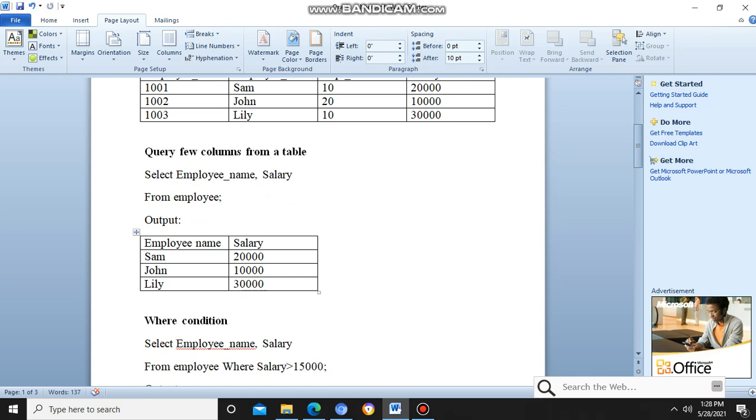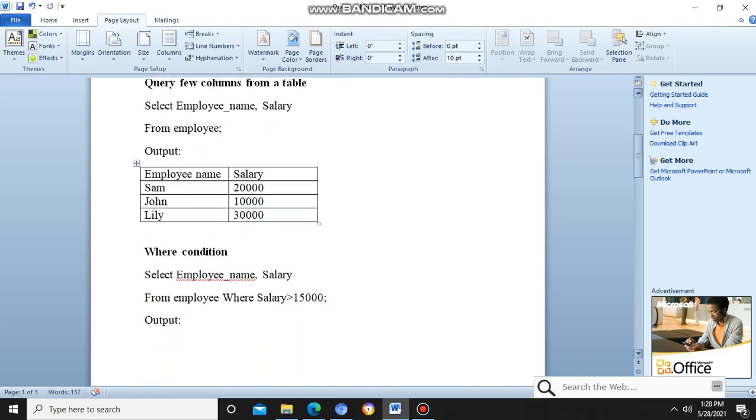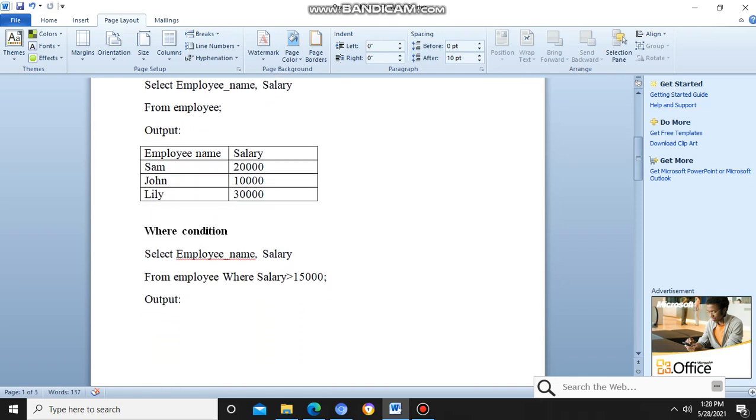Now the next one is the where condition. The where condition is something we use whenever we want to filter the table with whatever filters we want. Here I am trying to filter the employee table with the salary of the employees greater than 15,000. So select employee name followed by salary from employee table where the salary is greater than 15,000.